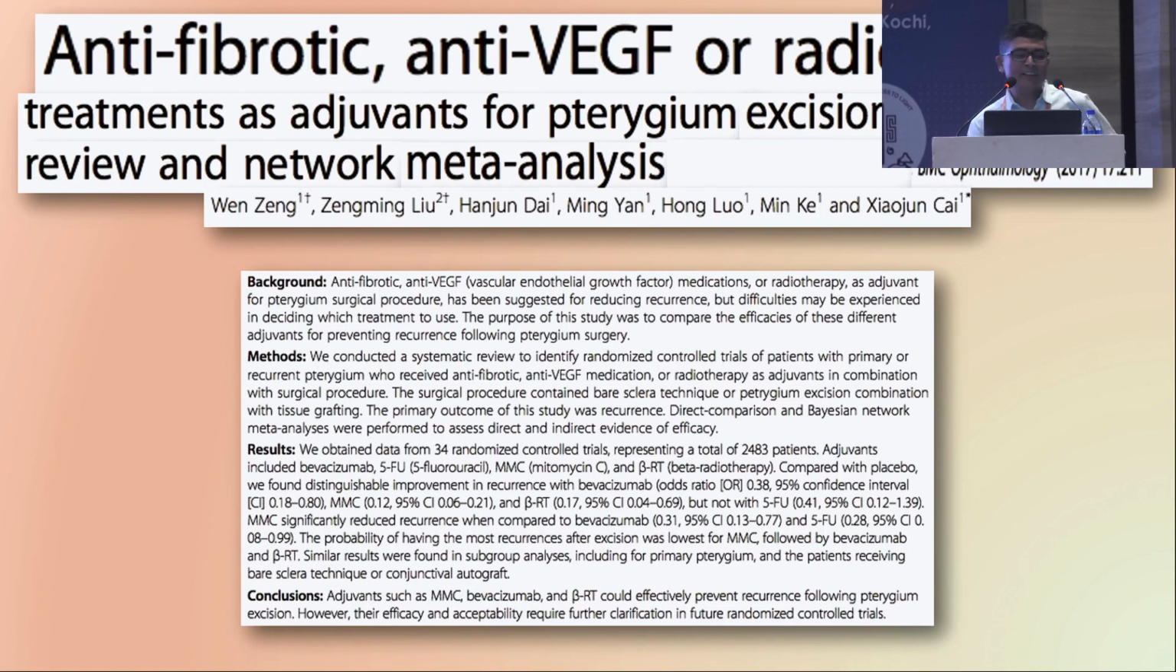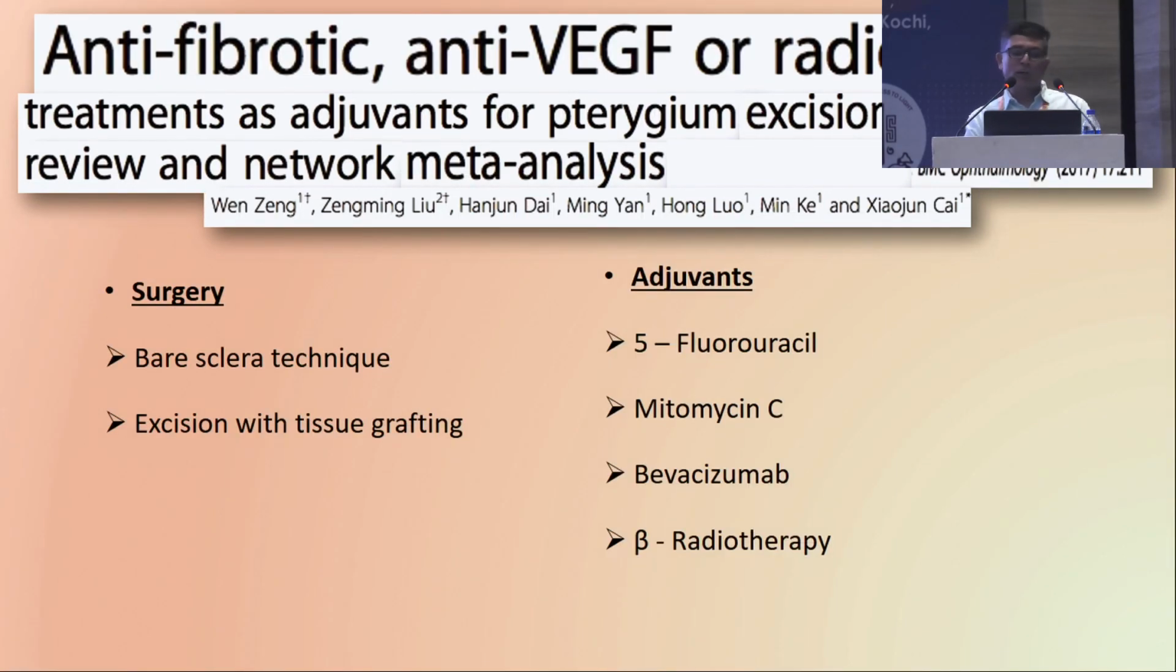And this is a meta-analysis on anti-fibrotic, anti-VEGF and radiotherapy used in pterygium surgery. They found around 34 randomized controlled trials, where around 2,500 patients were given either anti-fibrotic or anti-VEGF or radiotherapy. The surgical technique was either bare sclera technique or excision with tissue grafting. And the anti-fibrotic agents 5-FU and mitomycin C were used, anti-VEGF was Avastin, and beta radiation was used in the